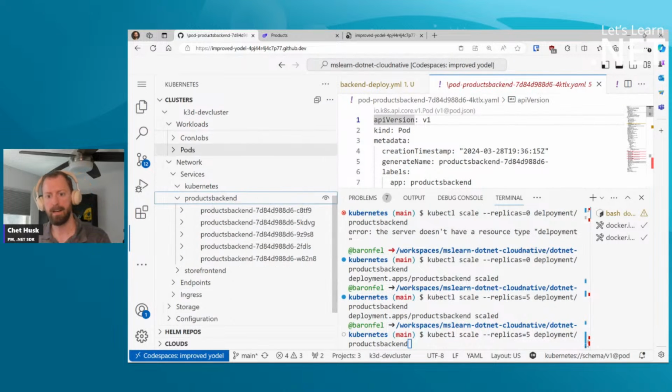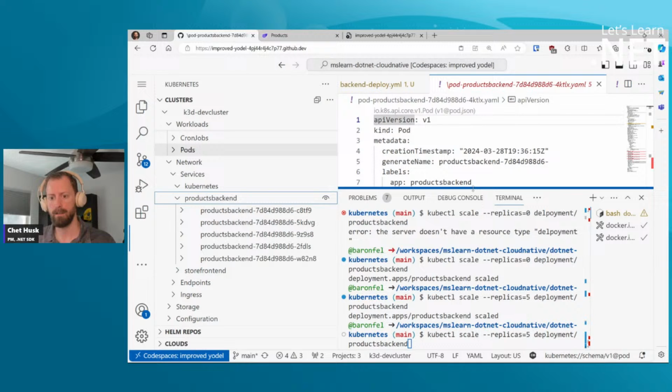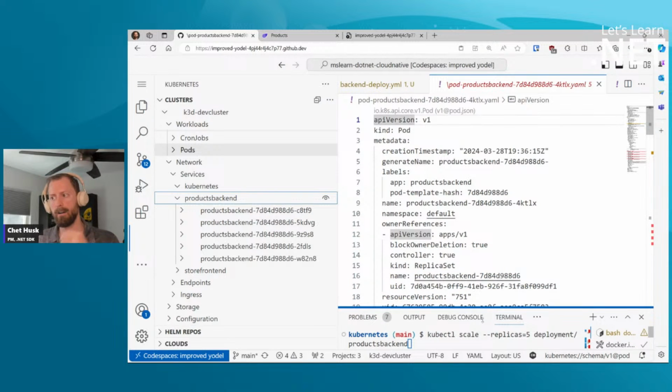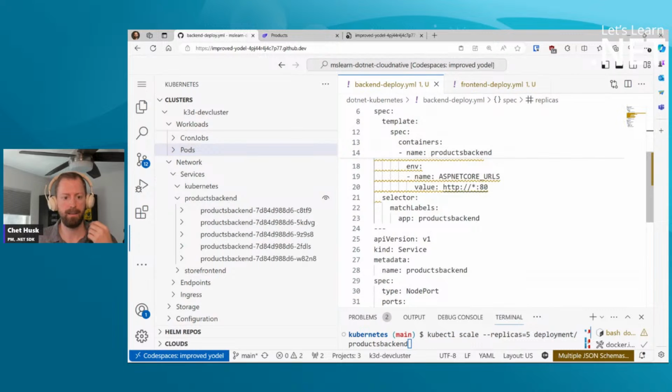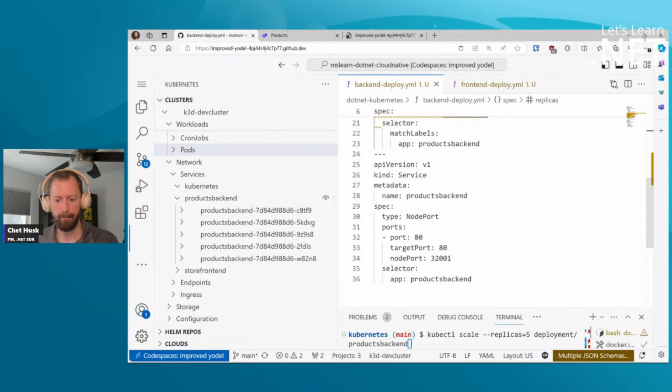Because we are teaching our containers to communicate with each other via names, like products backend, the Kubernetes networking layer is able to say, hey, products backend actually points to any one of these instances. This is getting into a little bit of the nuts and bolts of Kubernetes, but the way this works is